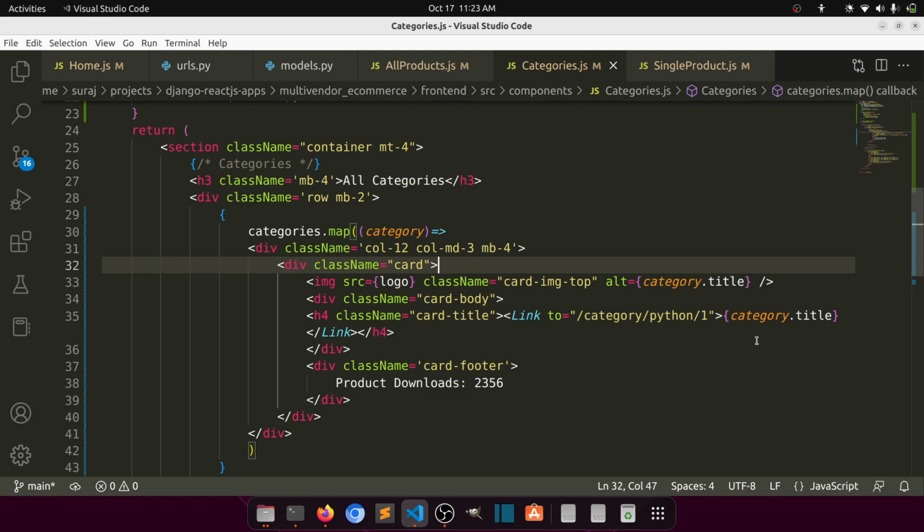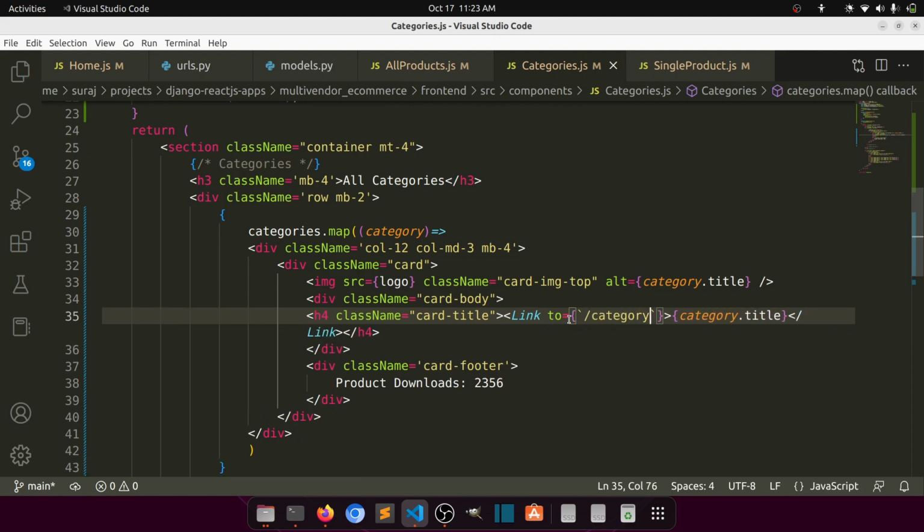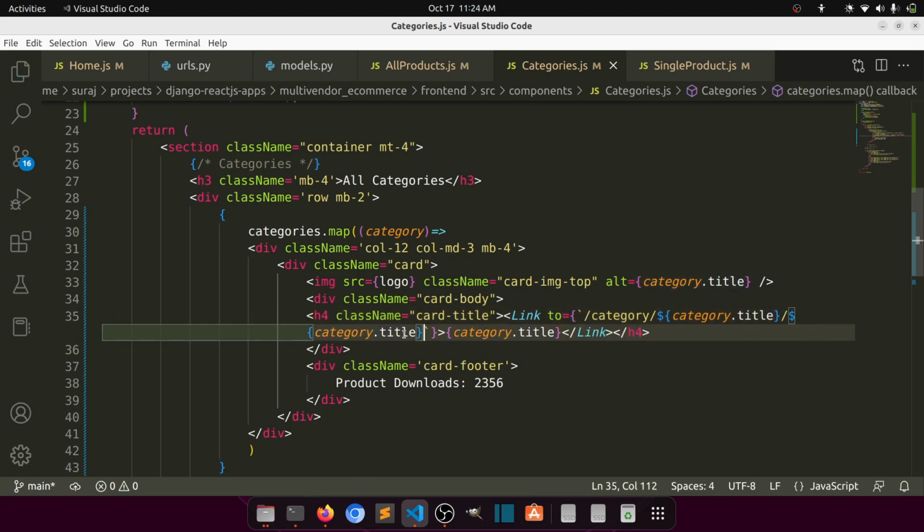So what I will do here, I will pass here, then we have, okay, so this will be category slash, and then I will use here category title. Let's use this category title, right, and then slash, I will use this category ID, right. So what I will do here, copy this and paste it here, the category ID, right. So let's see here,